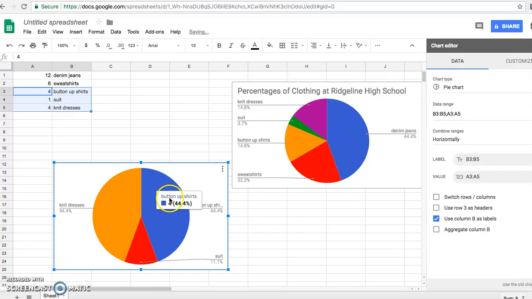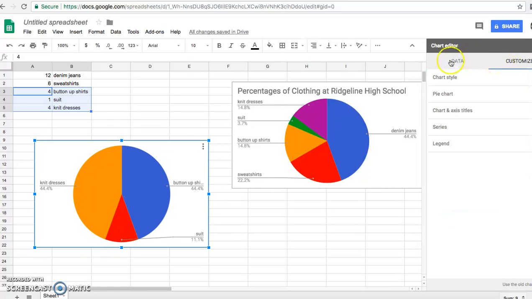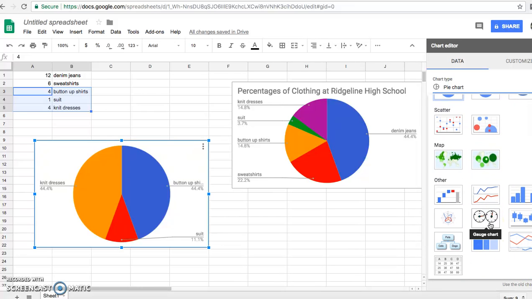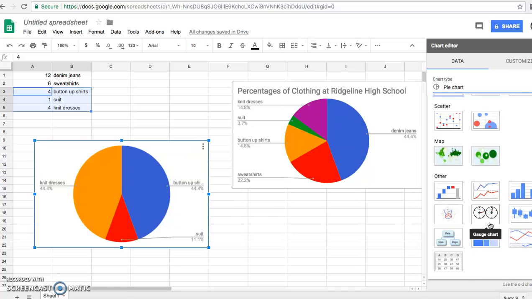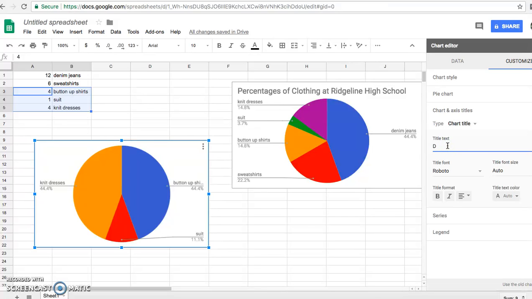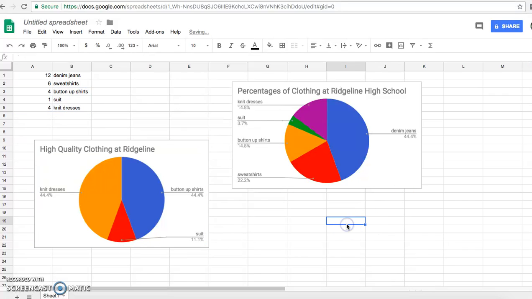And like I said before, I do like those pie charts. So I'm going to keep that as a pie chart, but again, you can change that to whatever kind of chart you want over here. I'm going to title this one High Quality Clothing at Ridgeline. So now as a student, I can look at these charts and say, wow, a lot of the